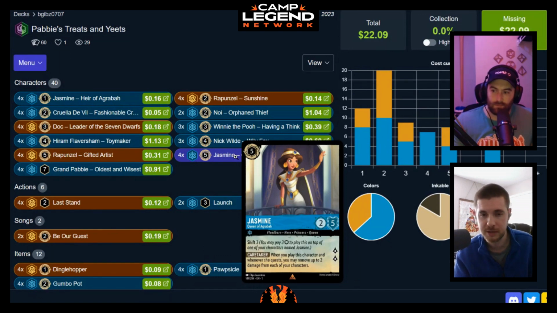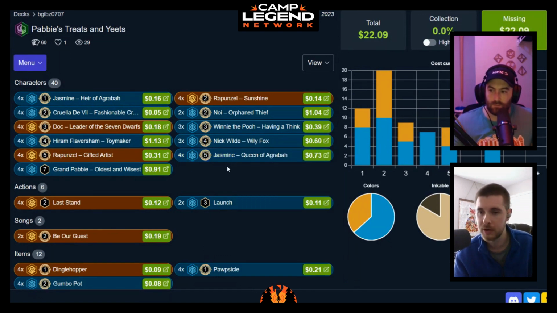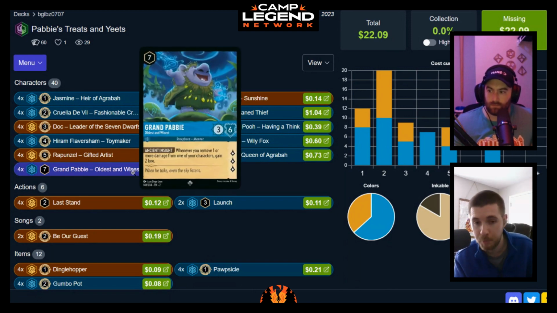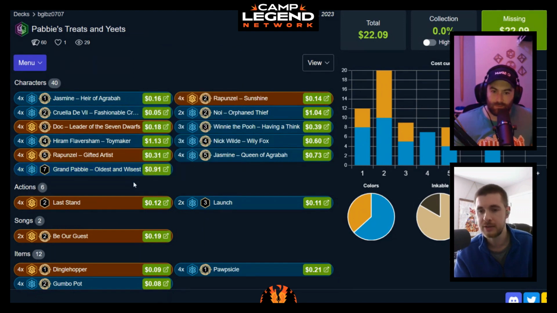you can just do board-centric heals, and Pabbie can get you upwards to, even if he quests himself, he can get you upwards to 7, 9 lore in 1 turn if you're healing multiple units, along with his questing value of 3 as well, which is pretty great. So this deck loves to heal, loves to build a board, ramp up, and just get Grand Pabbie out doing